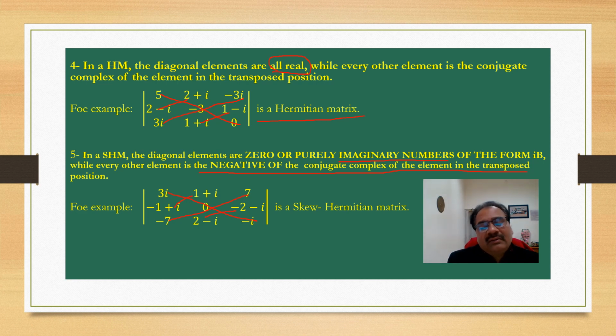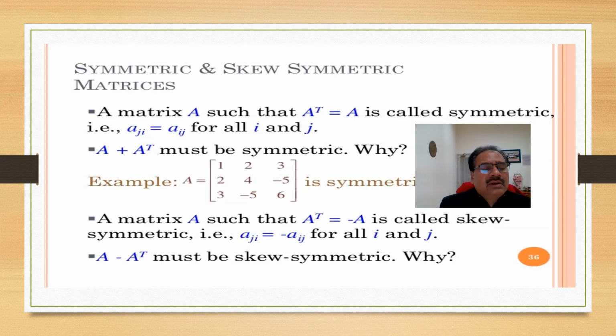So this is for the student, you do the practice very well about Hermitian and skew Hermitian matrices. Okay, so I think it is clear now what is the meaning of Hermitian and skew Hermitian matrix. Now again, there are some properties here. It is also noted for symmetric and skew symmetric matrices, as you know, we have already discussed. So with the help of these important properties, some more problems may be prepared. So very quickly we have already discussed this, so I'm not going to waste my time.